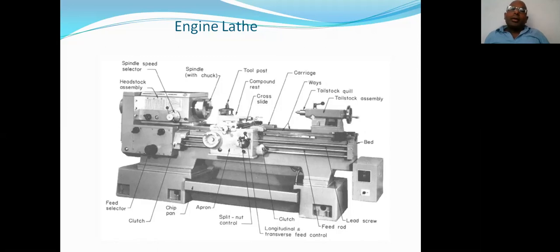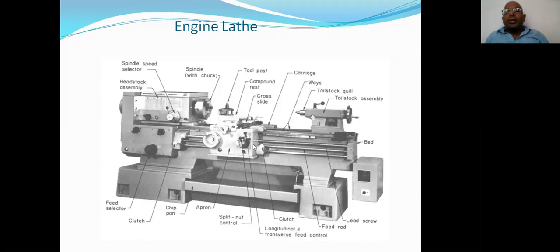For thread cutting and knurling operations, manual feeding is not at all suggestible. Manual feeding is not at all usable. In that case, the cutting tool is supposed to be moved with a uniform feed rate. For that purpose, the carriage is supposed to be moved with the help of this lead screw and this feed rod. So that is the requirement or specific application of this carriage.